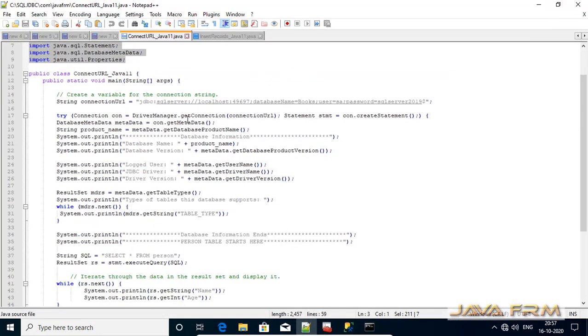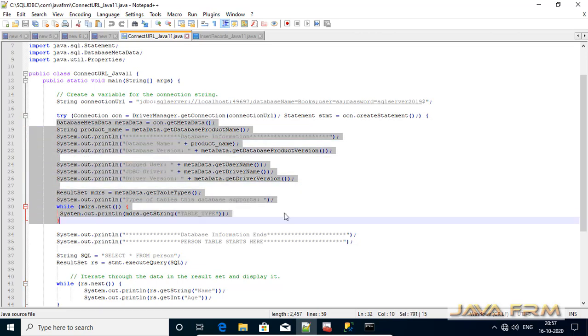DriverManager.getConnection will establish the connection to the SQL Server 2019 database. After establishing the connection, you can see that I have declared a DatabaseMetaData object, used to print the basic database information like product version and product name.